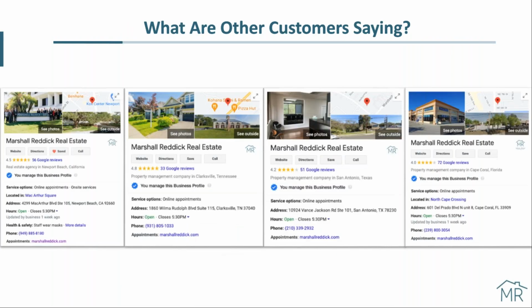We love sharing our reviews. This is really where our hard work pays off. Many of us are working 12 hours or more in a given day, sometimes 6 days or maybe even 7 days a week. Property management's around the clock. So we work really hard and we're adding a lot of properties on a daily, weekly, and monthly basis. We do everything possible to be the best property manager out there. But at the end of the day, the